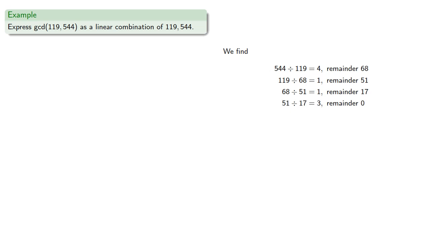So, for example, we can find the greatest common divisor of 119 and 544 as a linear combination of the two numbers. So to do that, let's apply the Euclidean algorithm. And we find our greatest common divisor. Now, since our greatest common divisor is this last remainder 17, let's go ahead and solve all of our equations for their respective remainders. And we find